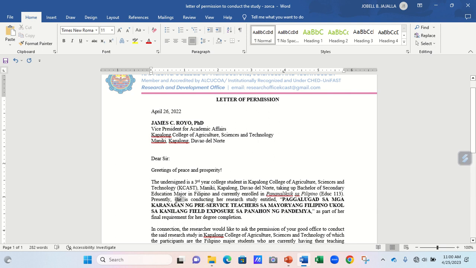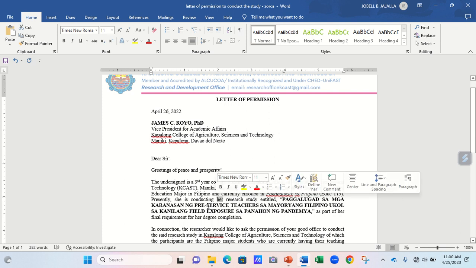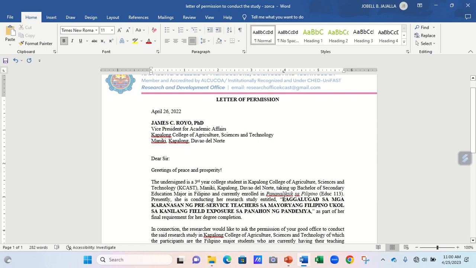So, use "she," because the researcher here is a female. Please take note of the pronouns. If the researcher is male, you would not use "she" or "her," because that is already ungrammatical. In this case, we go directly to the title. So follow the format of the title in all caps, bold, as part of her final requirement for her